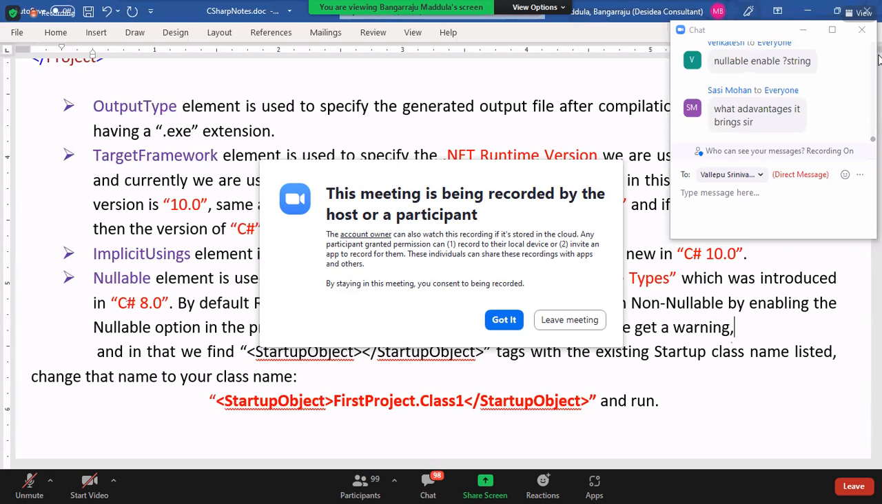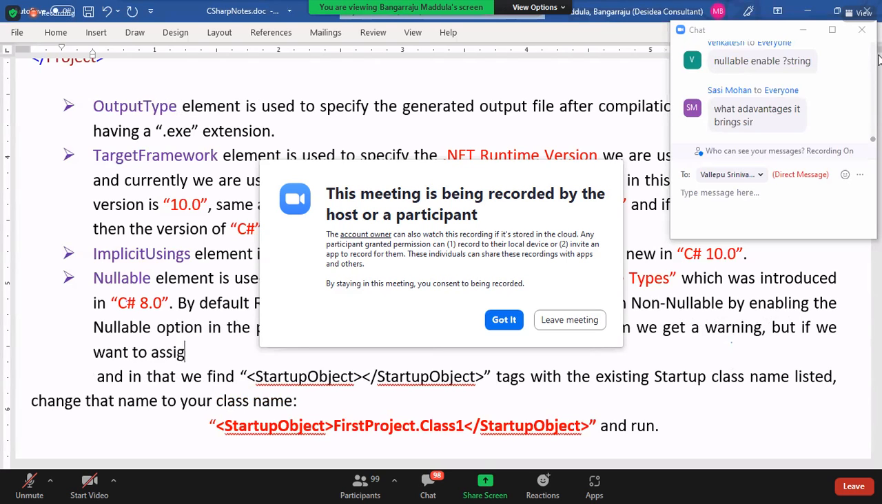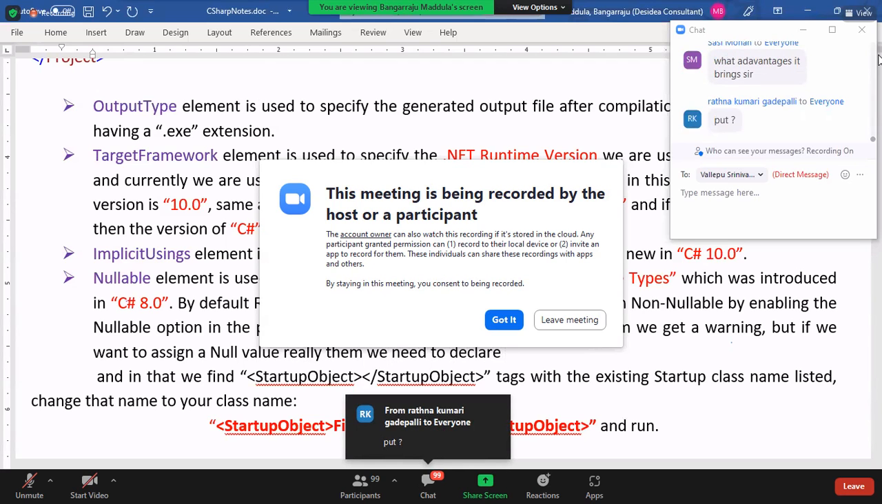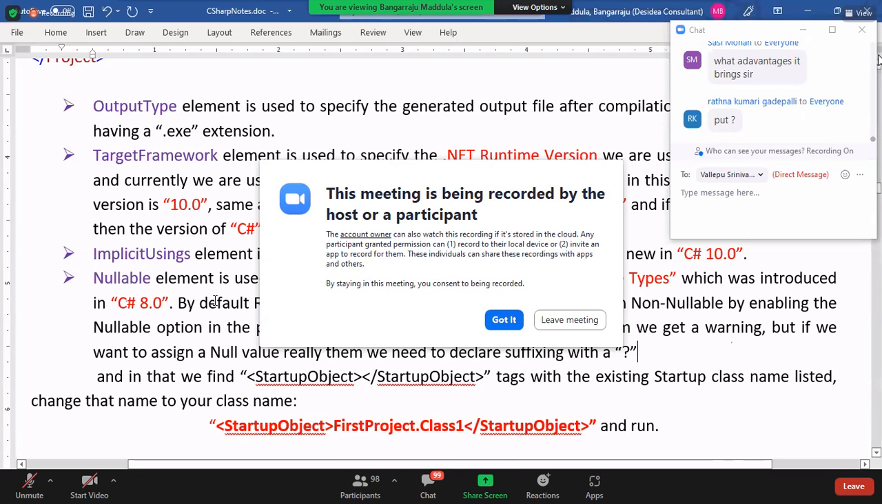Okay, but if we really want to assign a null value, then we need to declare them suffixing with a question mark. For example,